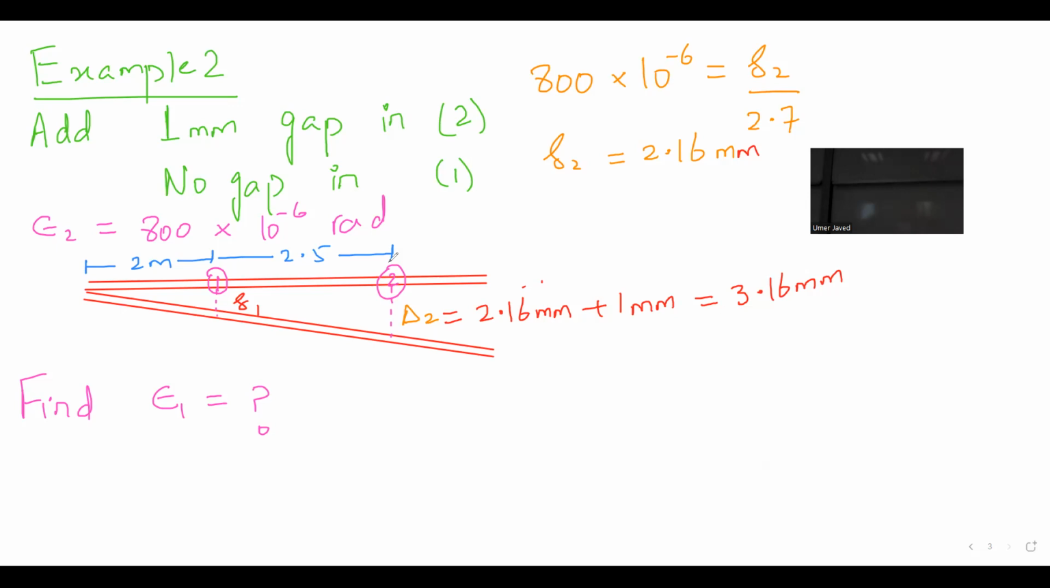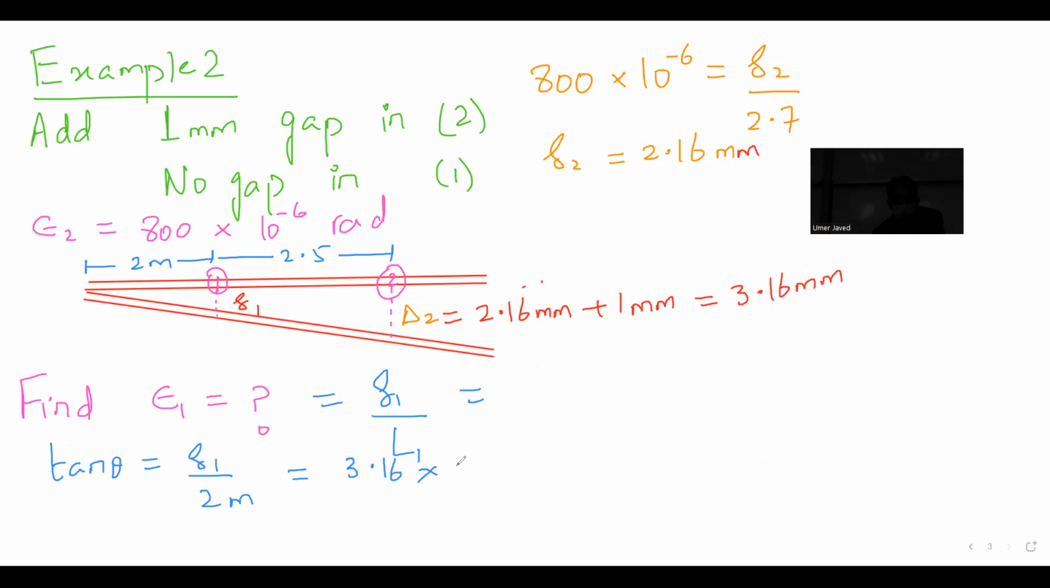So let's now finish this quickly. Strain equals change in length over original length. So tan theta equals perpendicular over base, which is equal to delta 1 over 2, which is equal to perpendicular over base, which is equal to 4.5 here. And delta 1 is equal to,